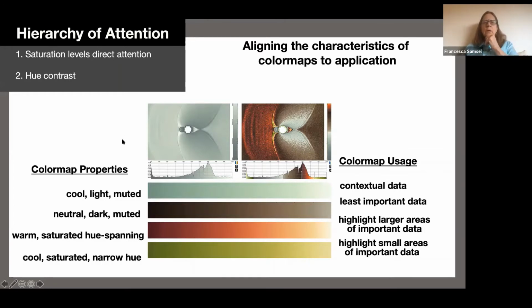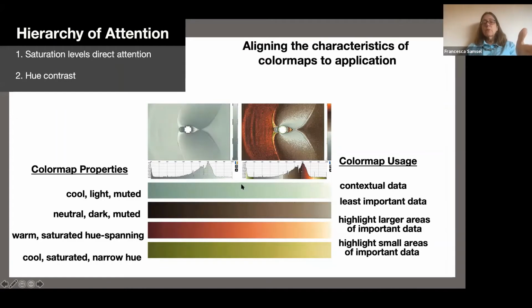So when I think about that, I think about a combination. Now I know this is red-green, apologies, this is an early section. We usually use red-blue now. But what we do is contextual data is a low saturation map. The lower the importance, then often the lower the contrast value range, which you can see in the dark brown. And then the areas of importance obviously are high saturation. So you've got two different colors from the fire engines, right? And the red